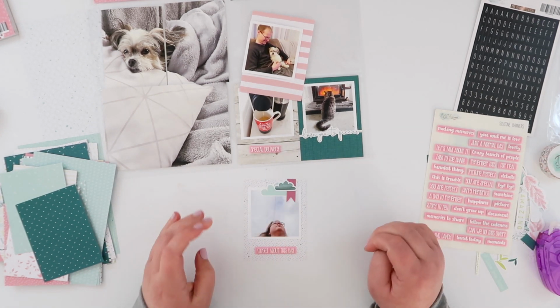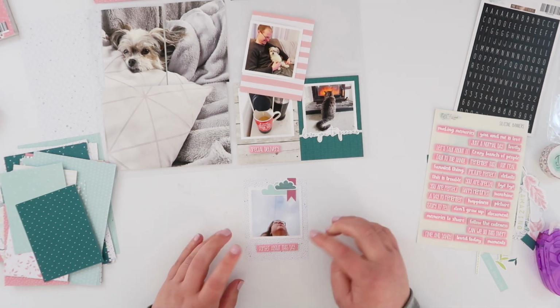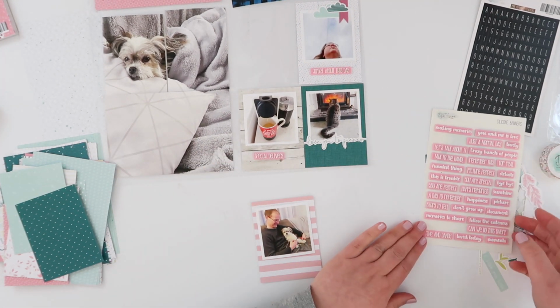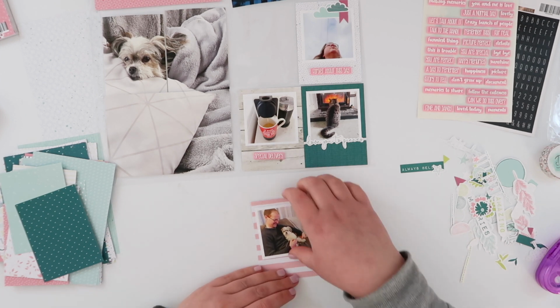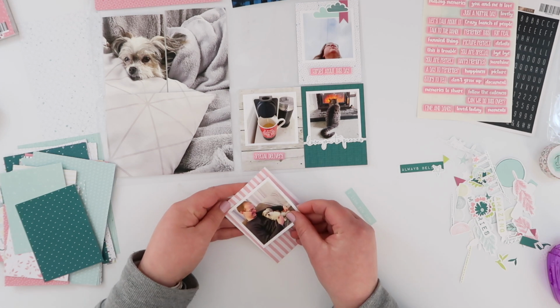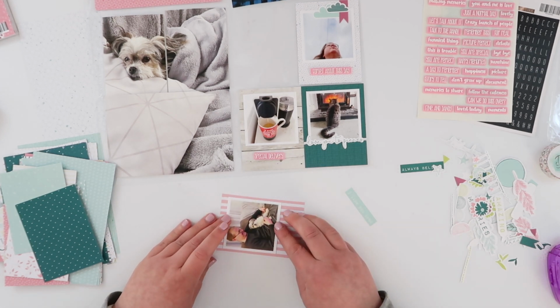Now I'm creating a little cluster of die cuts up the top here. It was a very sky heavy photo, that one, so I figured the clouds were reasonably appropriate, and I've just layered them with a little flag shape in a darker pink just to create more of a cluster really. Now again, I didn't know about the rubber word, so I've just left it and I'm moving on to